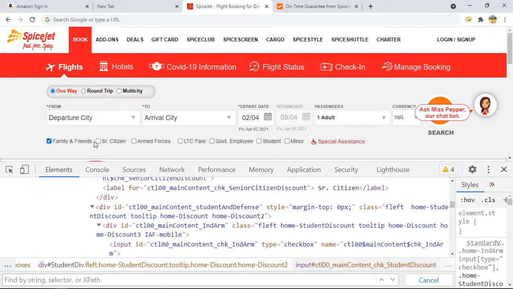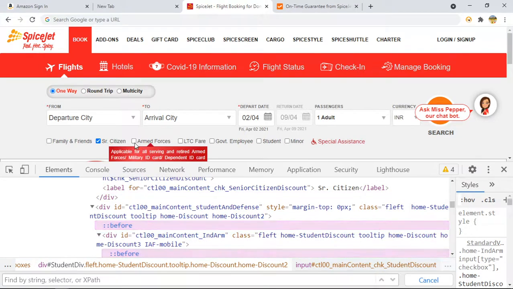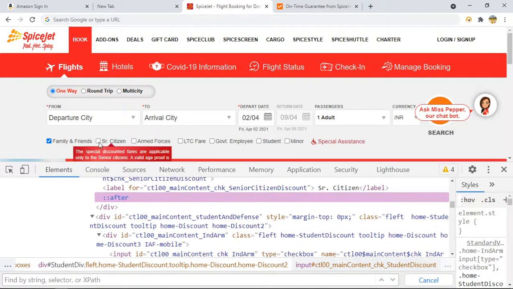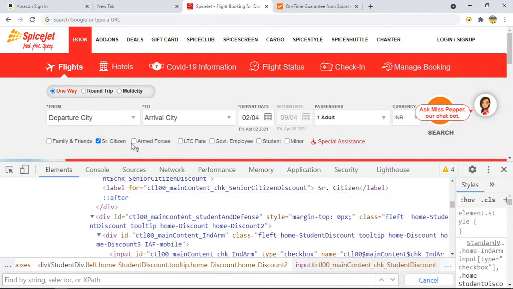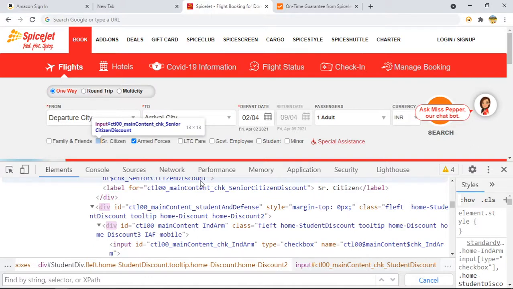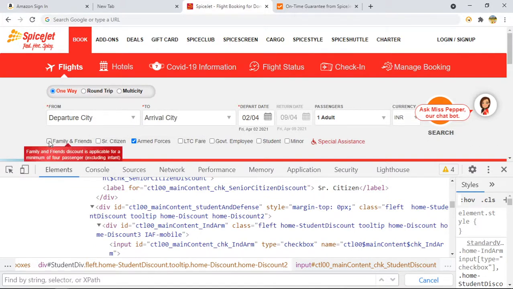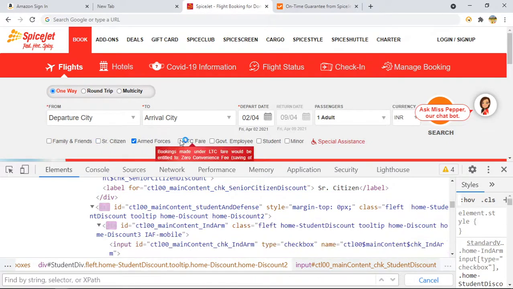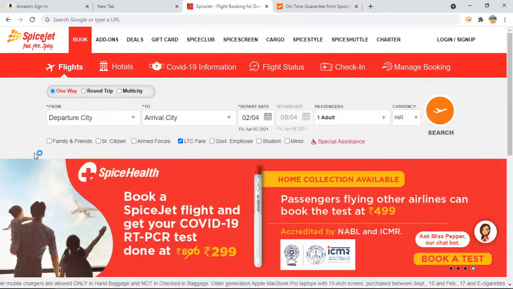But if I want to check all the checkboxes, I want to check this one. I think it is not allowing me to check each and every one. Earlier I remember that we were able to check each and every one, but now, try to refresh and do it.